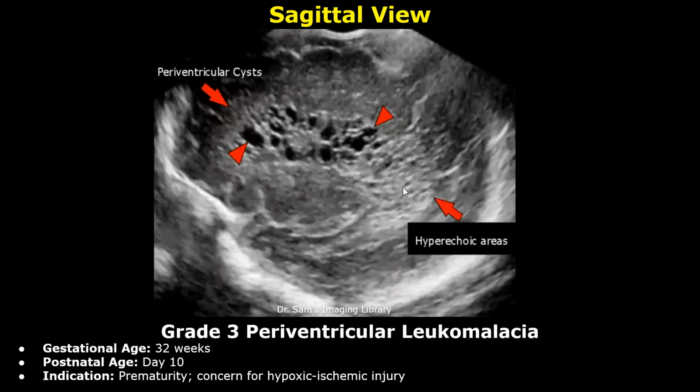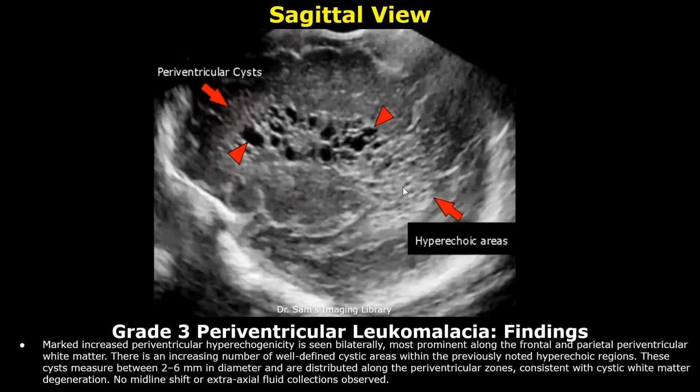Now we move to Grade 3. Periventricular Leukomalacia. Gestational age was 32 weeks and postnatal age is 10 days. Indication: prematurity, concern for hypoxic ischemic injury. These are the findings. Marked increased periventricular hyperechogenicity is seen bilaterally, most prominent along the frontal and parietal periventricular white